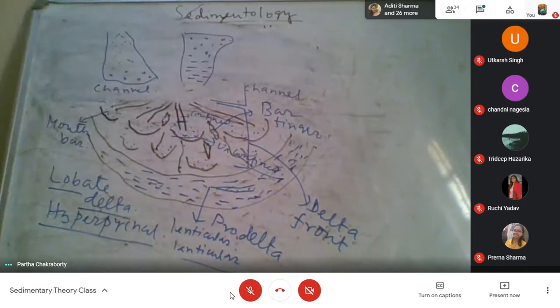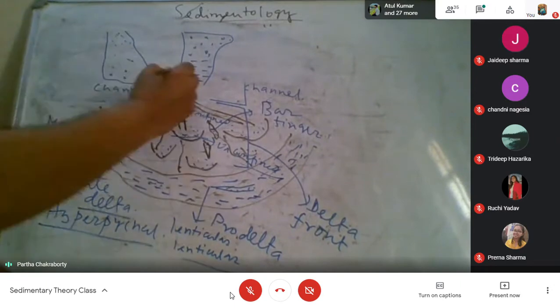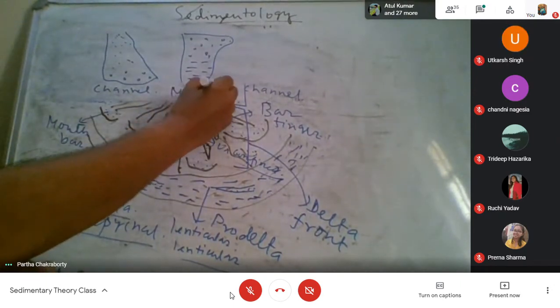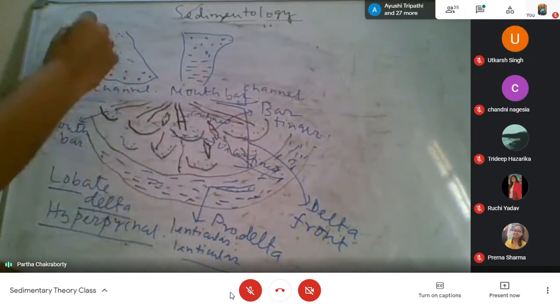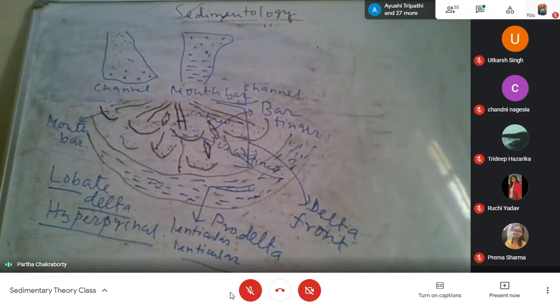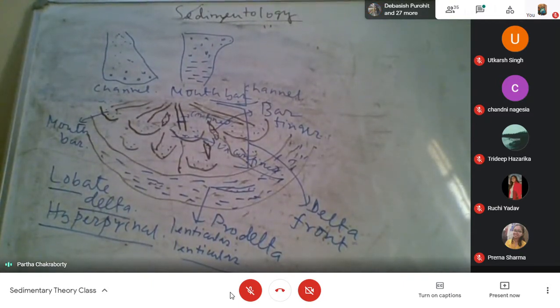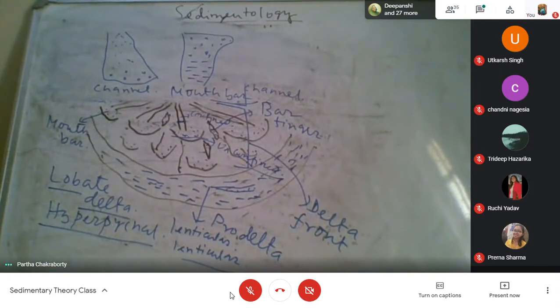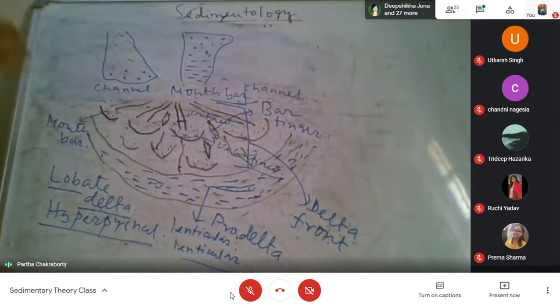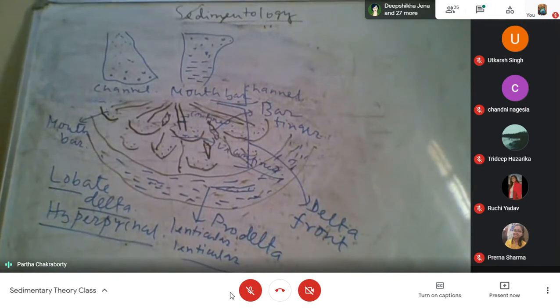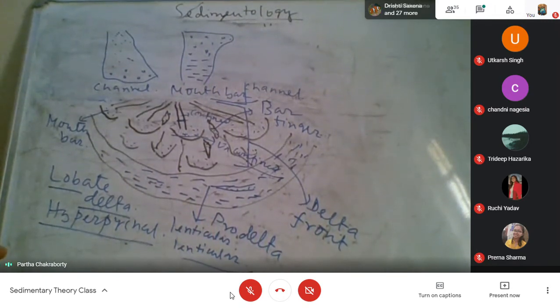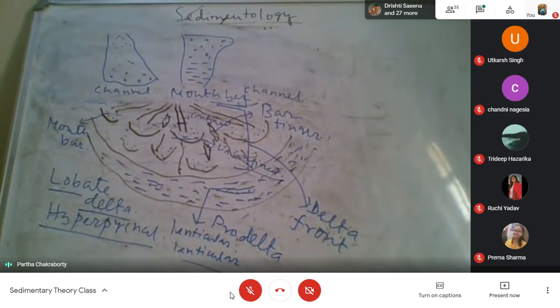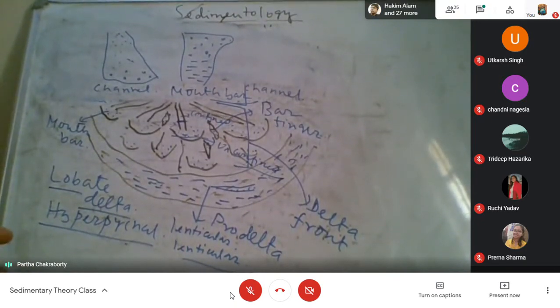Why this difference? So this will be the product of a mouth bar. Both are lenticular, and this character is used in the subsurface. In the delta in the subsurface, we pick up the delta by different kinds of well logs, and this character, that the channel will be fining upward with an erosional base and the mouth bar will be coarsening upward with a gradational base, is actually picked up in the well log to interpret what is the product of a channel and what is the product of a mouth bar.